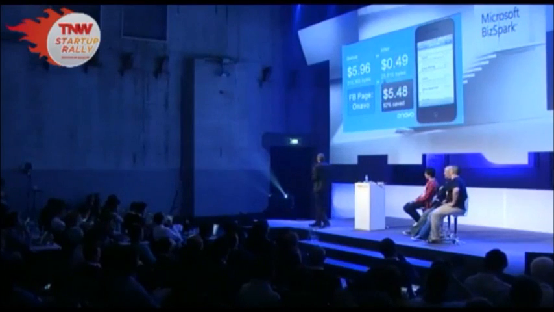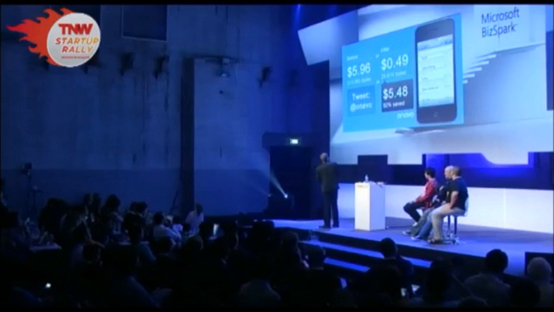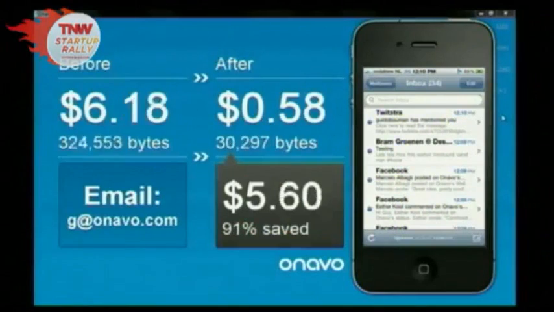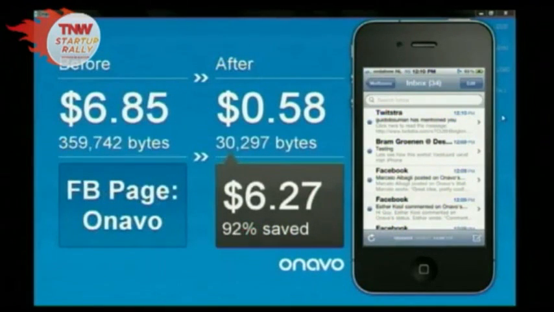So I can see we've saved over 90% of the data in this case, and this was just over, what, 2 minutes. So if you guys would like to enjoy these savings as well, Onavo is, as of right now,